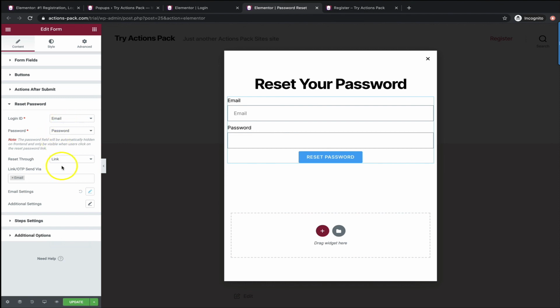Once you've gone through these settings, this will enable the password reset feature to work. And this will allow your subscribers to come through your own password reset custom designed form, whether it's a page or a pop-up. It looks great, and you can get creative and just make the styling congruent with your own website design and your custom branding.